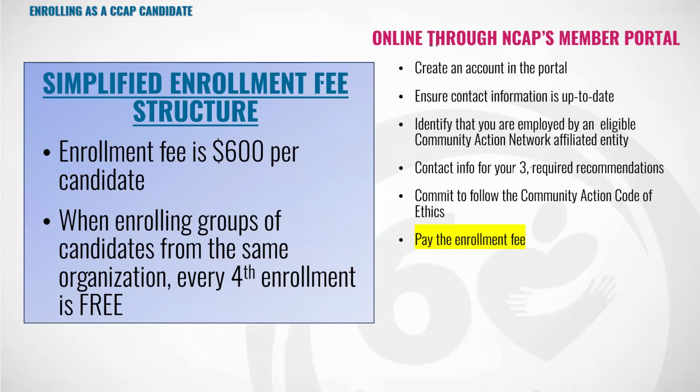Exact same thing happens with your CCAP application. If you are using a discount code that's been provided through a group enrollment package, you will get to the checkout phase. There will be a box for that discount code. And when you enter it, it will take $600 off of your total. So your enrollment is $600 or $635 if you're not a member. Your group code will take $600 off. And that is how you pay with a group code. So talk to your association, talk to your agency to see if you should be a part of a group process before you pay.